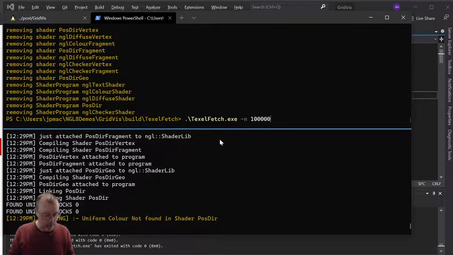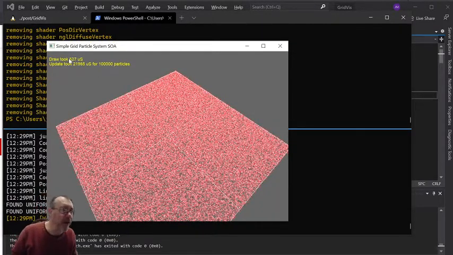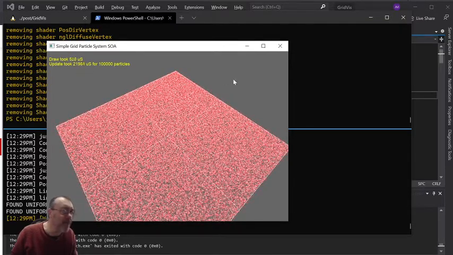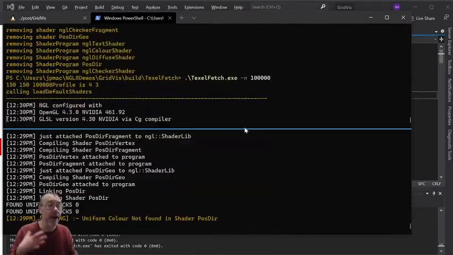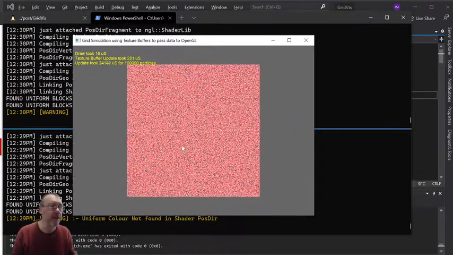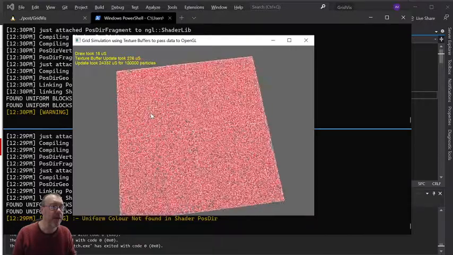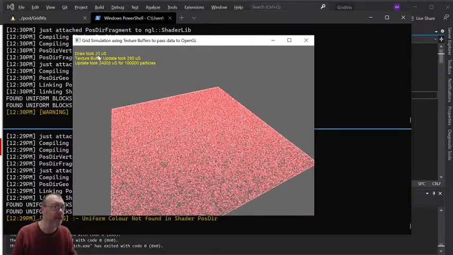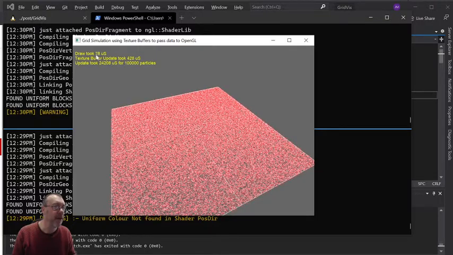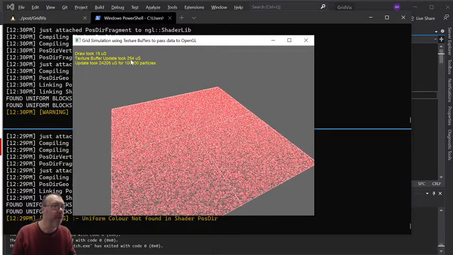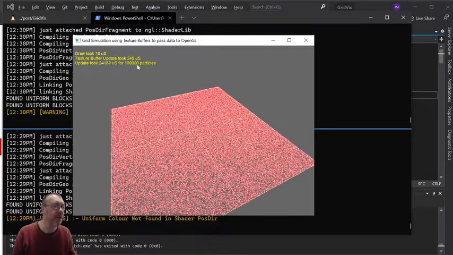What we sort of discussed the bottleneck was at the moment is this drawing is taking a fair amount of time. So what we're going to look at is how we can mitigate that and make the drawing a lot quicker. So here's the version that we're going to look at, and you can see here our drawing is only taking about 20 microseconds. However, if we add in this texture buffer update as well, you can see now that